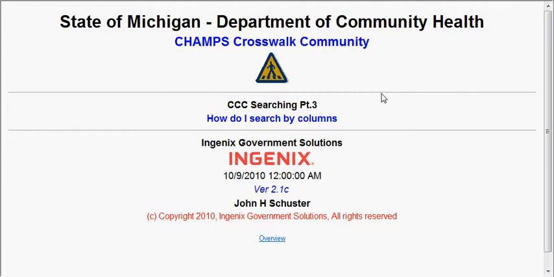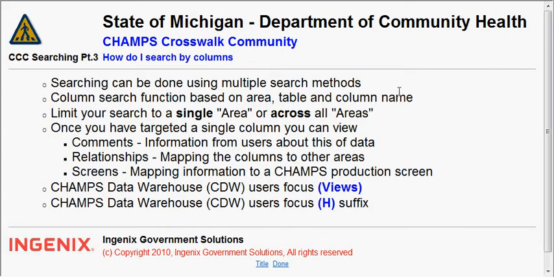This TechCast is referencing how to go about searching the CCC, and this TechCast is how to search by columns and tables. This is where you know a part of the table name and a part of the column name. The CCC has multiple different methods of going about doing searches. This TechCast is focused on how to use the search function, which is the third one on the list, that